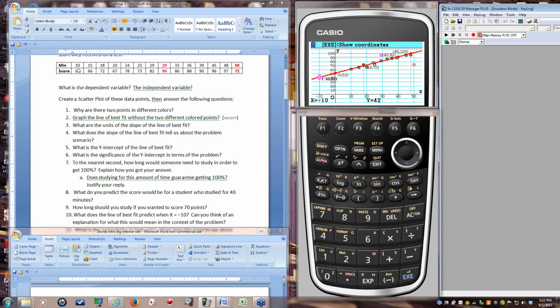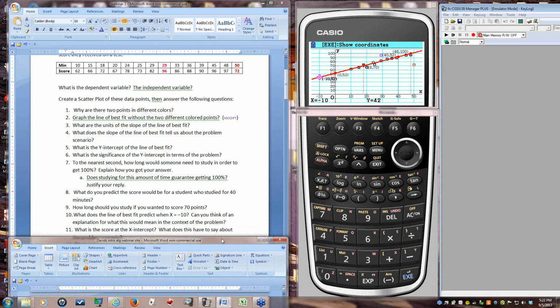So this is the score they got after they studied for that many minutes, assuming they paid attention in class. So the thing I've told teachers is, well, if you have a student who screws around for 10 minutes in class and doesn't study, that's going to lower their grade. It's kind of a lame answer, but it's much more fun doing it with teachers, so I hope some of you enjoyed that.